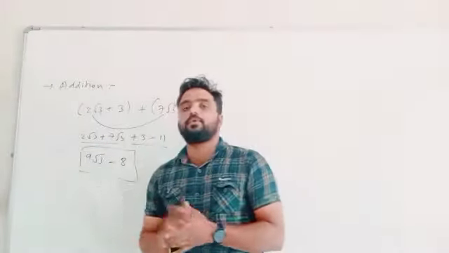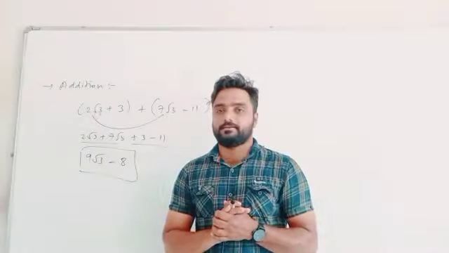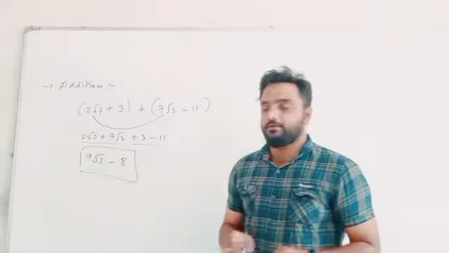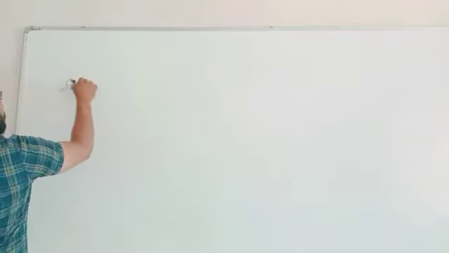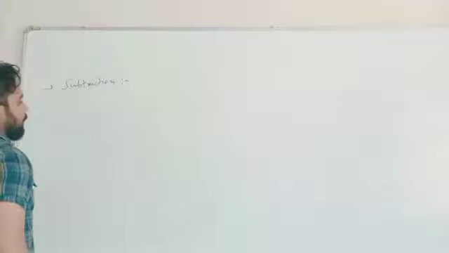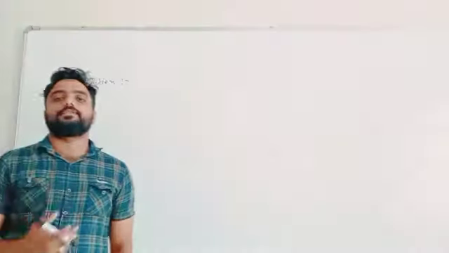Means if you are given two irrational numbers, this is how you have to add them. Understand? First operation completed. Okay. Now we'll proceed to the second operation, that is the subtraction. That is how you can subtract two of the given irrational numbers.